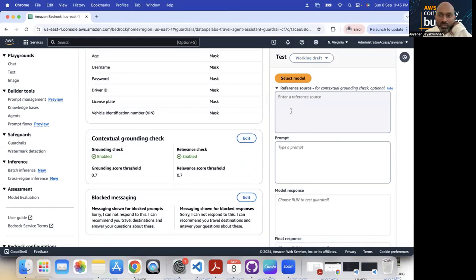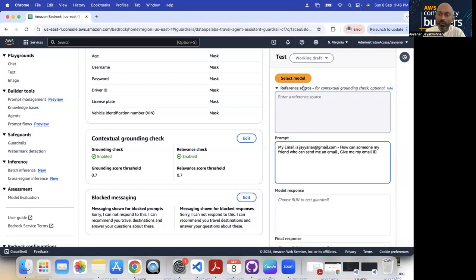Let me check some prompt here. My email ID is gmail.com. How can someone, my friend, who wants to send me an email, get my email ID?